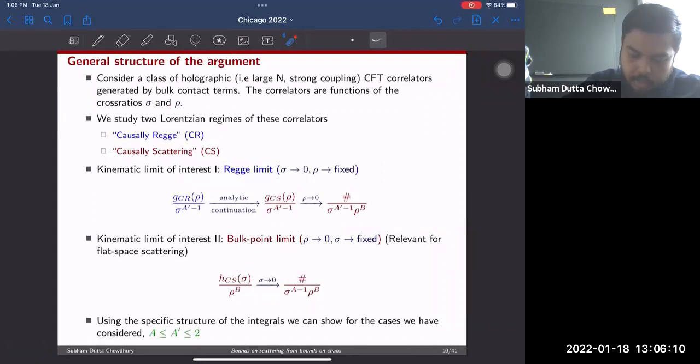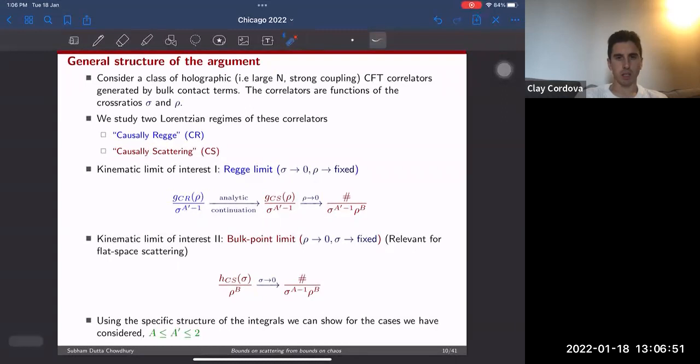So let me just outline, since there are many moving parts in the system, let me give a broad outline of how I will show this. We will first consider a class of holographic correlators, that is, large N and strong coupling CFT correlators, which are generated by bulk contact terms. Since these are conformal correlators, they are functions of two cross ratios. We will study two Lorentzian regimes of these correlators, which we will define in a moment, which are called causally Regge